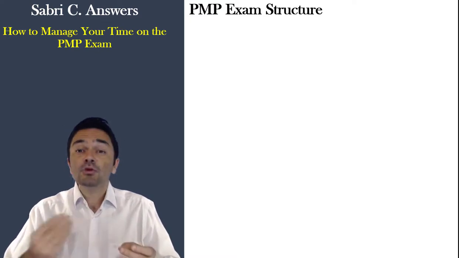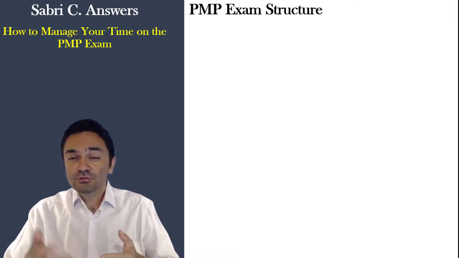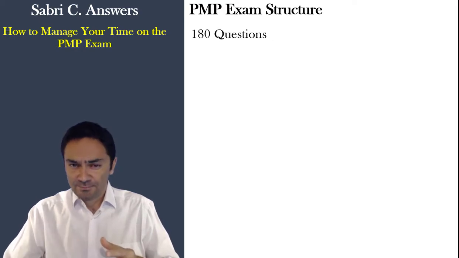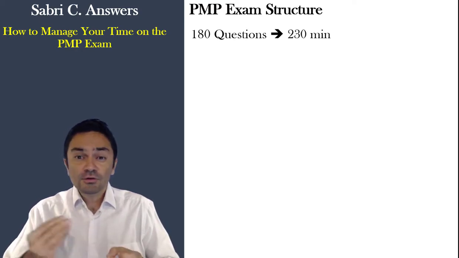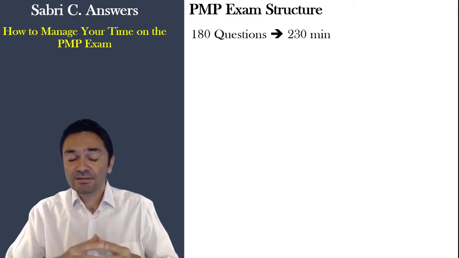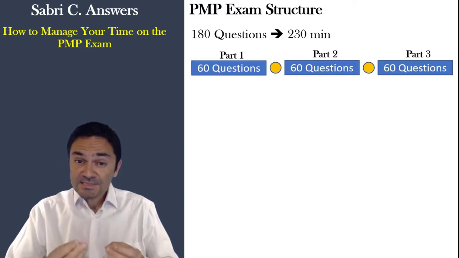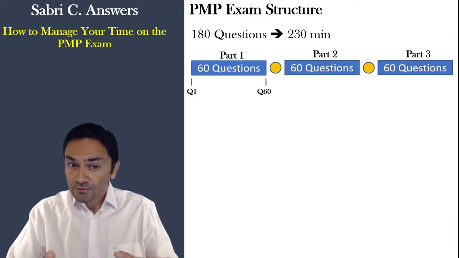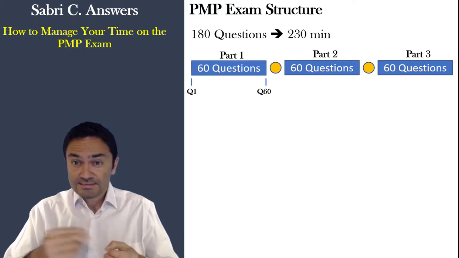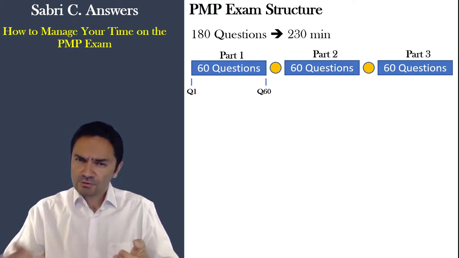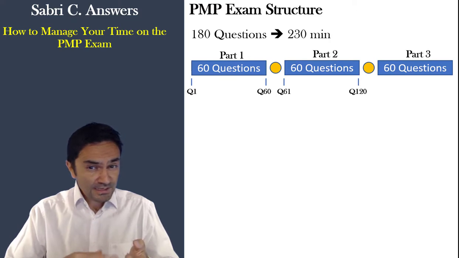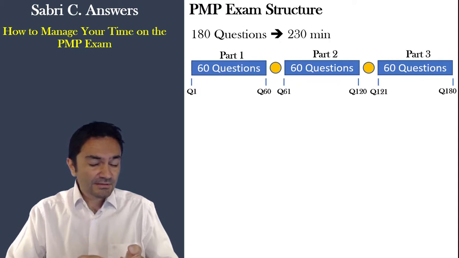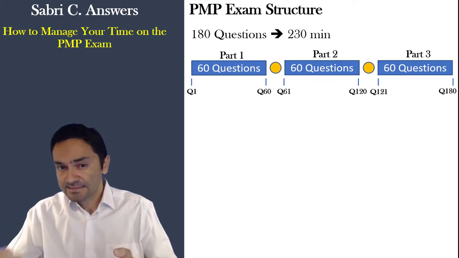To determine a solid strategy, you need to know the structure of the PMP exam very well. You will get 180 questions on the exam, and you will have 230 minutes to answer these 180 questions. The exam is broken down into 3 parts having 60 questions each. Questions between the first question and the 60th question is the first part. Questions between 61st question and the 120th is the second part, and the questions between 121st and 180th is the